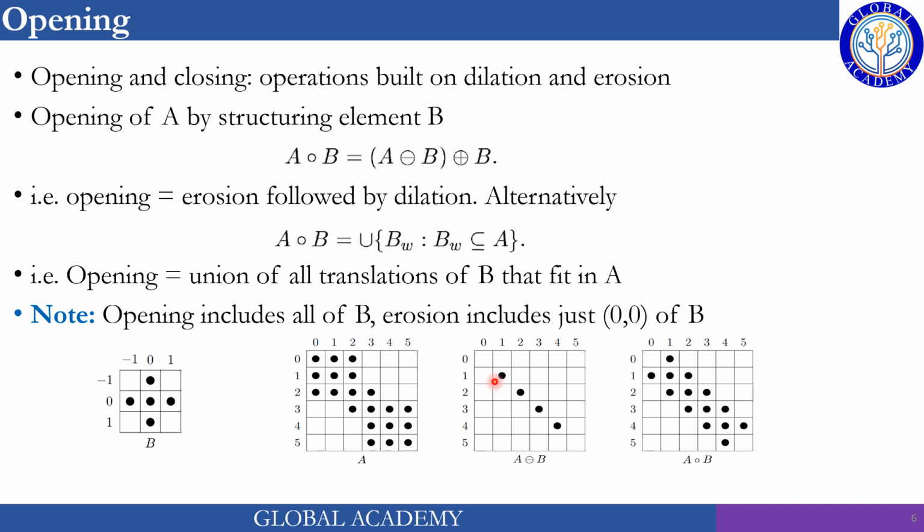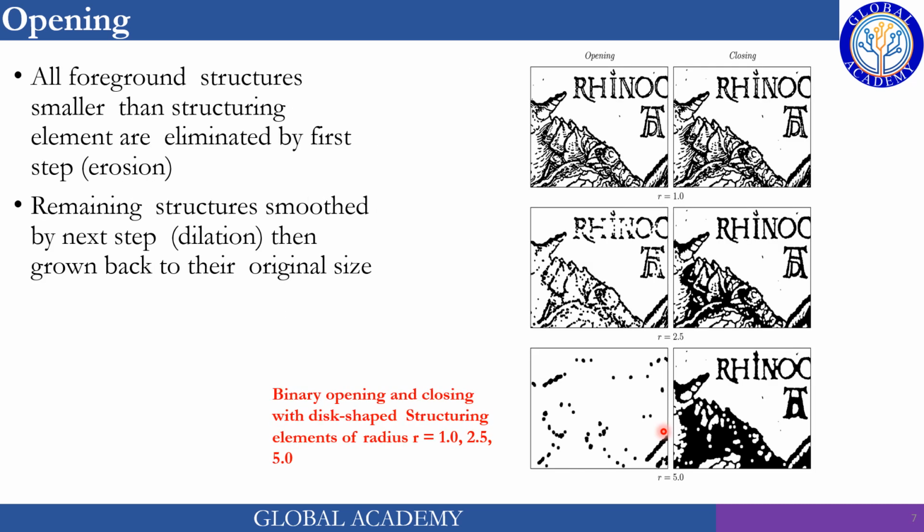That's it. So we got 4 dots, and after dilation we got this variant. The 1 pixel, 2 pixel, 3 pixel and 4 pixel parts are removed in the overall opening process. Here's an example. We have the same image. Opening with a greater structuring element, meaning a bigger structuring element, and then an even bigger structuring element.